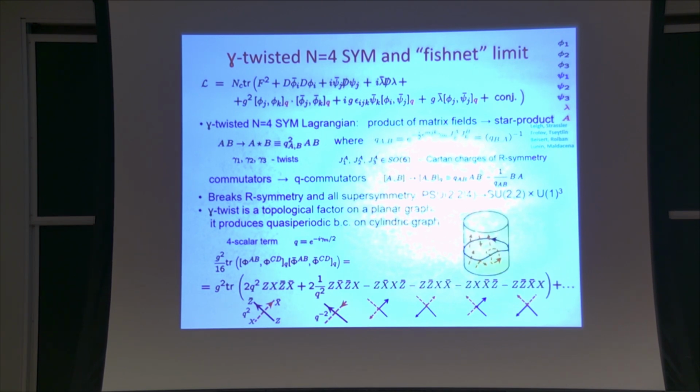So then let's look at some configuration of some graph. Suppose you have a line of propagators, a blue line of Z field, and some red lines of X propagators crossing it. And in fact, you simply take a product of these Q's, Q square and Q to the minus 2, and at the end you get the number of vertices where you cross in one direction minus the number of vertices where you cross in the other direction. So you can cut this cylindric graph along the cycle to open it, and you can insert some line of defects to account for this